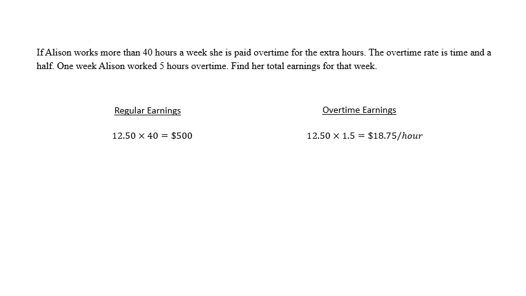Triple time, we'd multiply by 3, and so on and so forth. So in this case, she works time and a half, so we do her regular rate, which is $12.50 an hour, times 1.5. So we see that her overtime earnings are $18.75 an hour. And in the problem, it says she works 5 hours overtime, so we do $18.75 times 5. So her overtime earnings are $93.75. Her total earnings would be her regular earnings, the $500, plus her overtime earnings, the $93.75, for a total